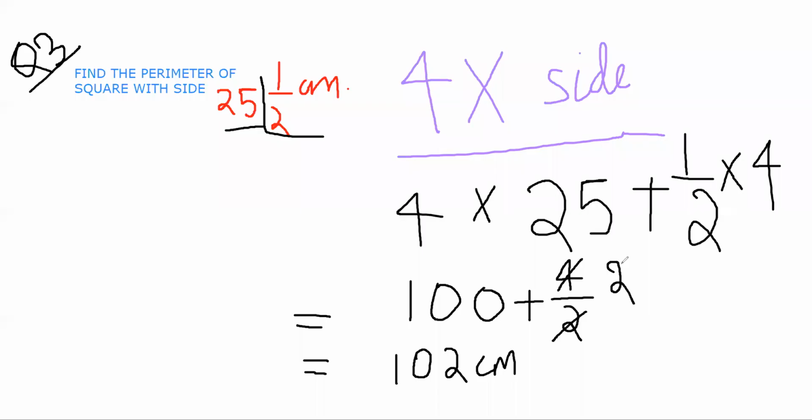So it was a little tricky question. So the solution is in front of you. Just take the whole number 25 and multiply it with 4, and take this fraction and multiply it with 4. Just add it. 4 into 25 is 100. Then half into 4, or 1 by 2 into 4, 4 into 1, 4 by 2. Sorry, make it into the simplest form, that is 2. 100 plus 2 is 102.